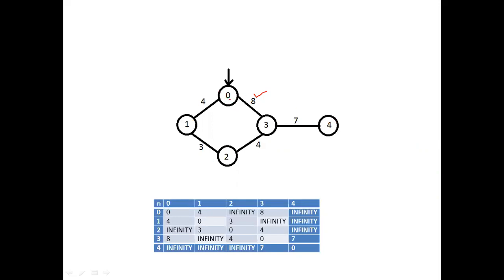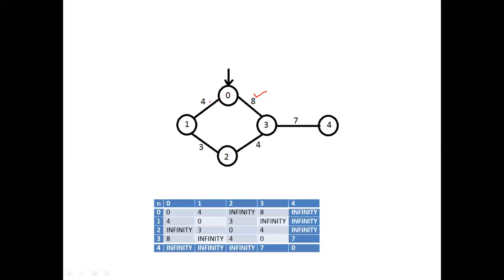Now you can observe here from 0th node to the first node, the weight that I have considered as a distance is 4. From 0 to 2, there is no direct connection. If I want to transmit data from 0 station to the second station, it has to pass through some connecting device. If I want to transmit data packets from 0 to second node, either it can move from 0 to 1 and 1 to 2, or another path is 0 to 3 and 3 to 2.